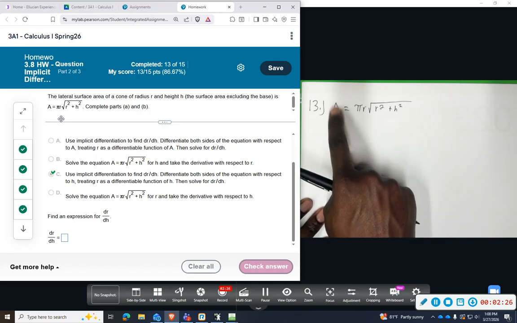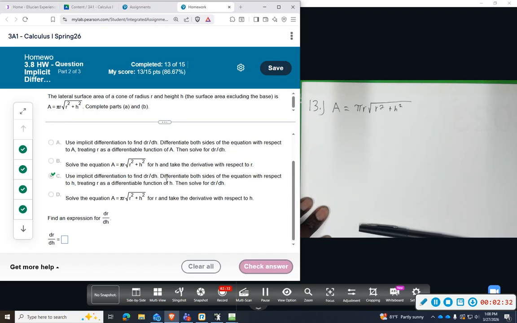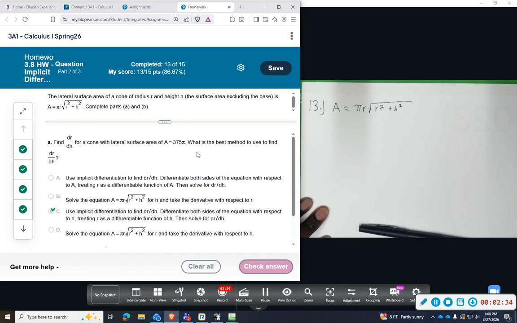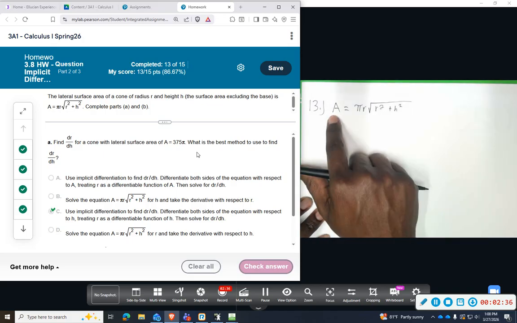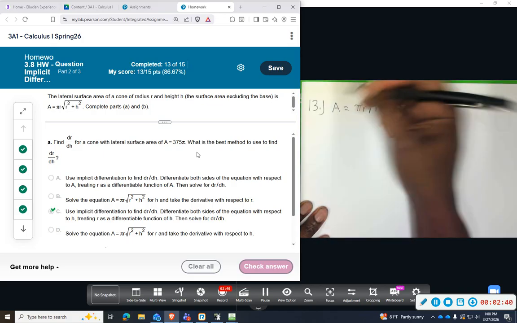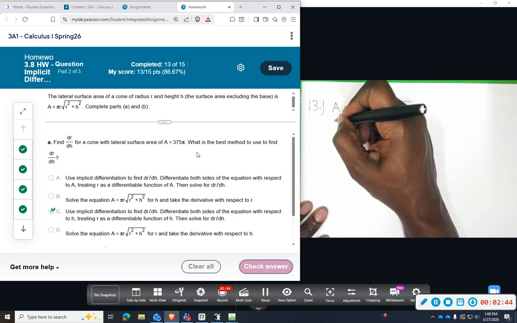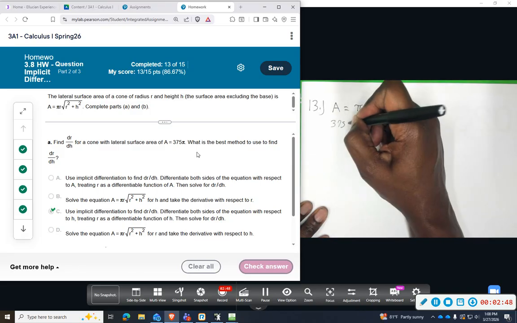However, they tell us that A is equal to 375 pi. So we're going to plug that in so that when we do the derivative, that constant will zero out, because we don't have a dA/dh, the rate at which the area is changing. So we're going to plug in 375 times pi